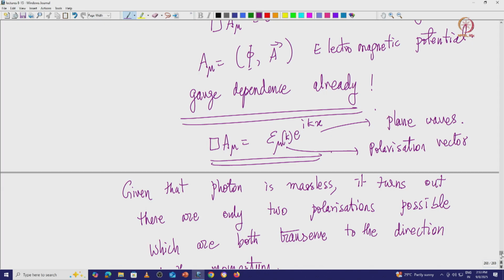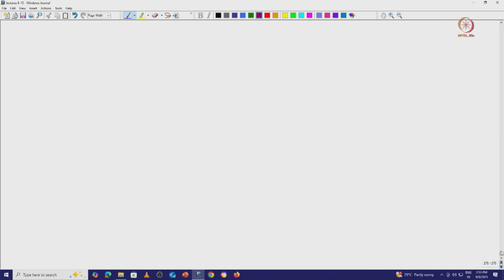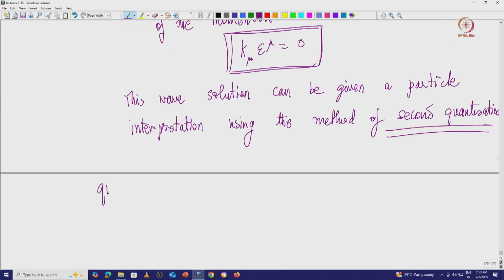second quantization. Now, in the course of these lectures, I am not sure whether I will be able to cover the entire process of second quantization, but today I will just mention the qualitative steps. If I have time, I will come back to this later on. Second quantization goes as follows.